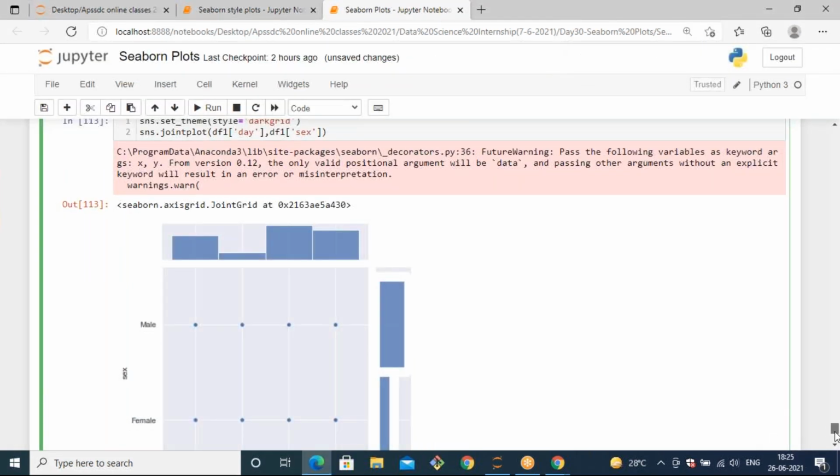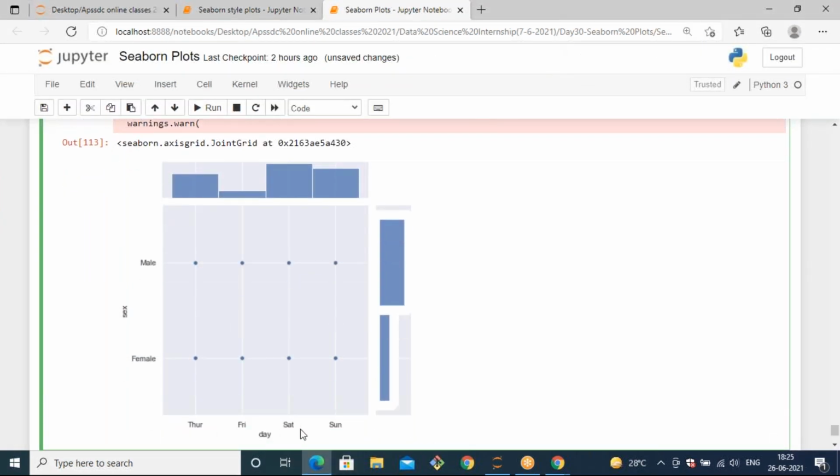In the x column we are passing days, that is Thursday, Friday, Saturday, Sunday, and in the y-axis we are passing gender, female or male. When you plot a joint plot for these two features, it shows the male and female appearing with respect to each day. And on the right side after the margins, you will observe a histogram plot, because the plots are joined together.